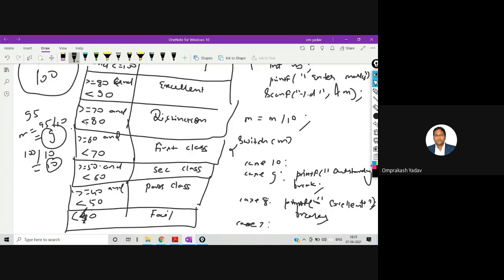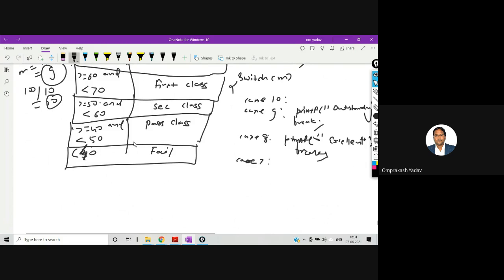So for 7, that is 70 to 80, right? So I'll say over here printf distinction, break. Then case 6, that means 60 to 70. I'll say printf first class.